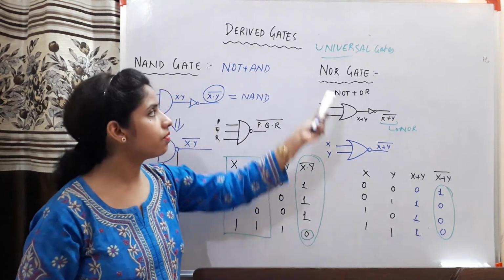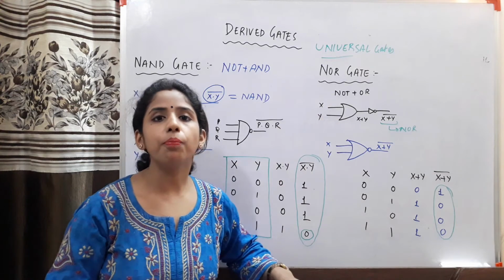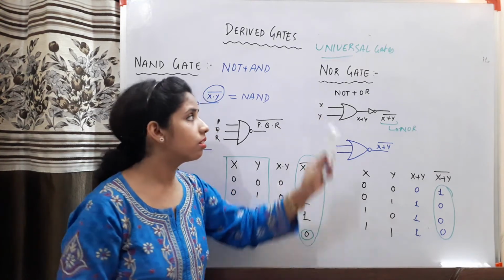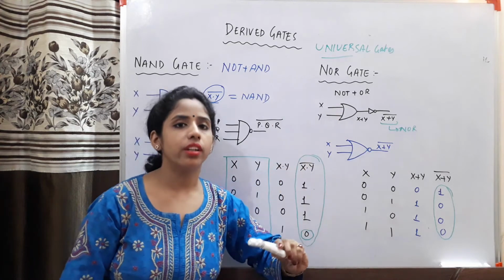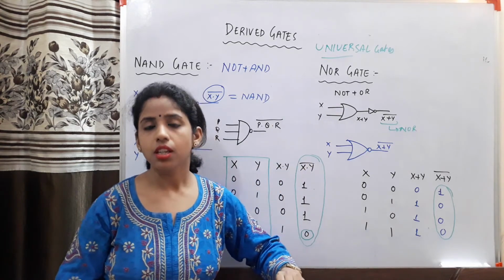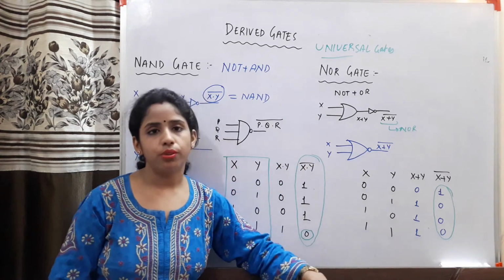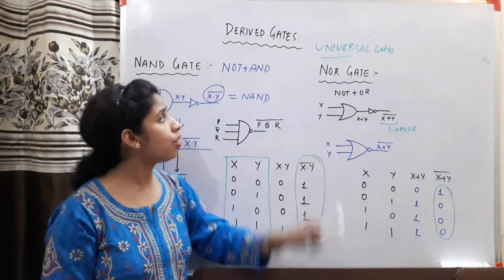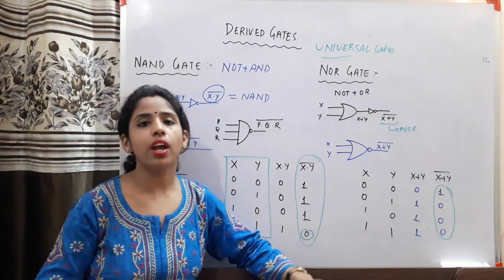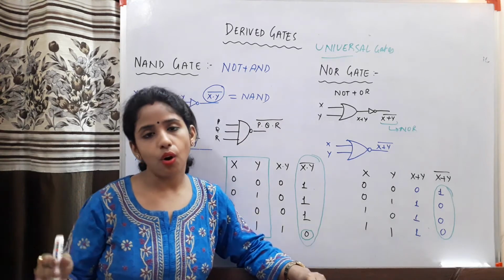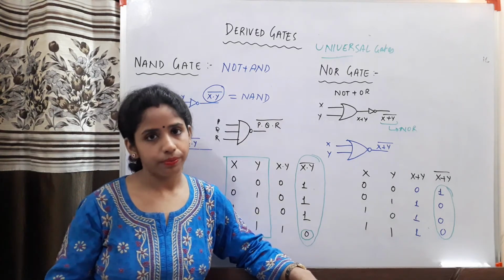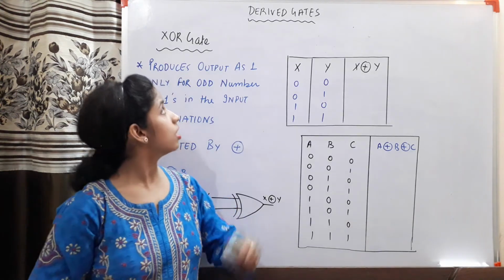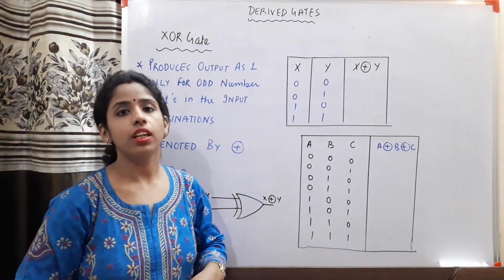Okay. In the same way, a circuit diagram made up of AND, OR and NOT gate can be individually drawn using only and only NOR gates, but multiple NOR gates. Okay, and you will get the same output. That is why they are called universal gates, because if you have these gates, there is no need to have any other gate like AND, OR, and NOT separately. Clear? So now let us discuss the XOR gate in detail.